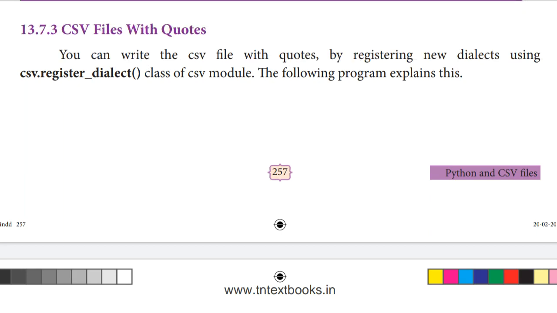Hi students, in this video you are going to see chapter 13 continuation, CSV file with the codes. When displaying a CSV file, how do we display our data with double quotation, that only we are going to see here. You can write the CSV file with the codes by registering new dialogues using